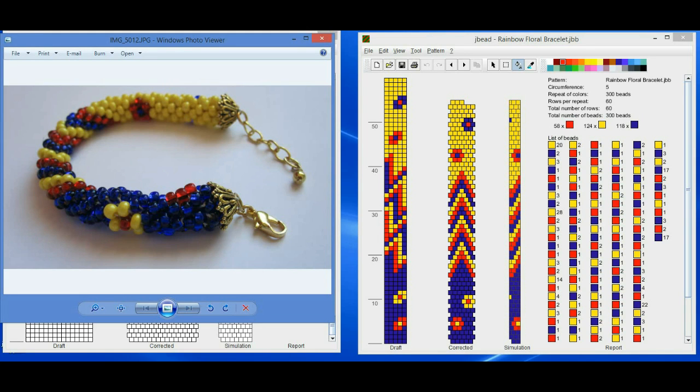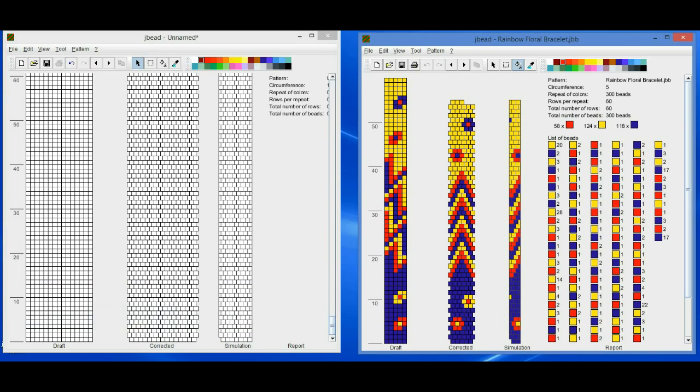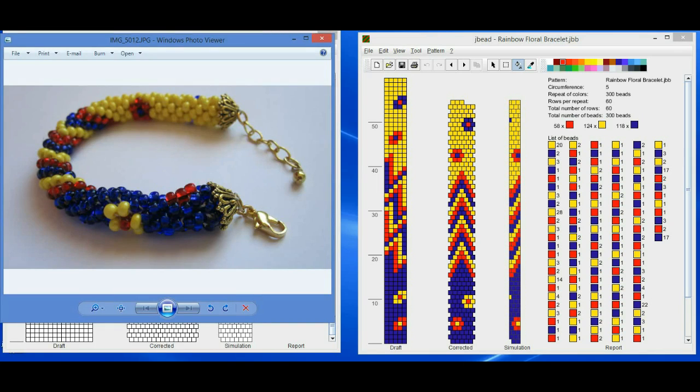When you first open J-Bead, the first step is to set up the width of the grafts based on the number of beads you want on each round. My Rainbow Floral Bracelet was crocheted with 5 beads on each round using size 6 seed beads.